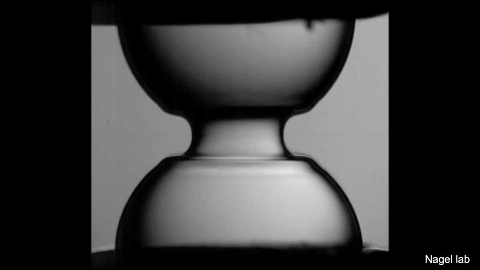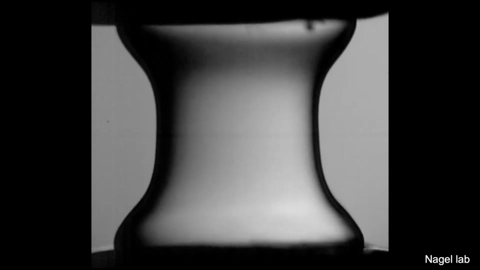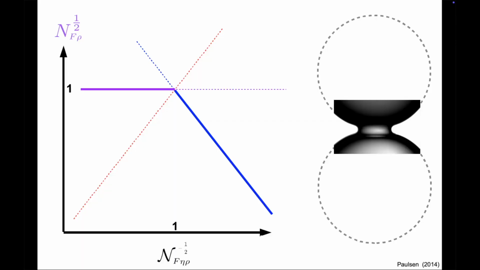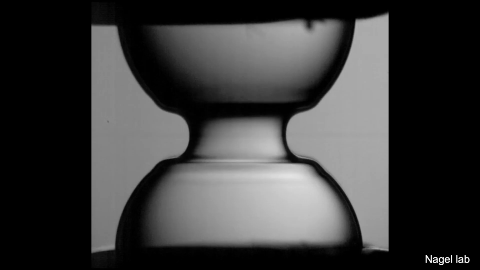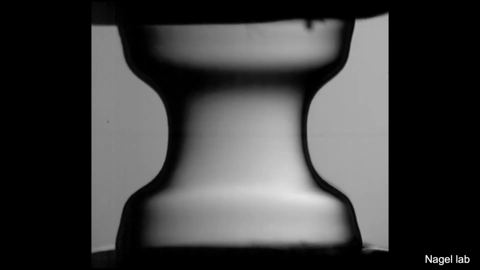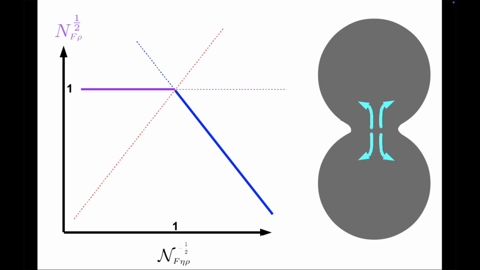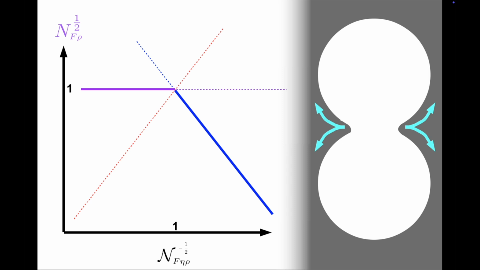But there is more to a coalescence than the evolution of the contact radius. The shape of the neck may vary from one condition to another. Waves may be traveling at the surface of the drops, and the coalescence is associated with a non-trivial flow inside the drops or outside the bubbles.